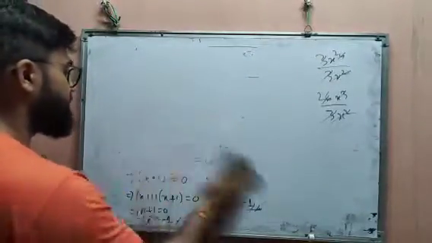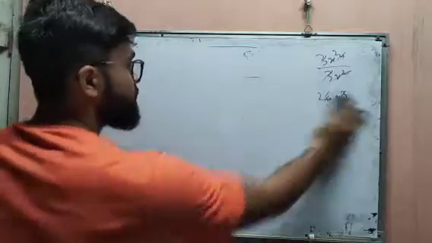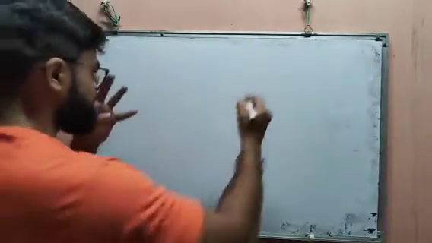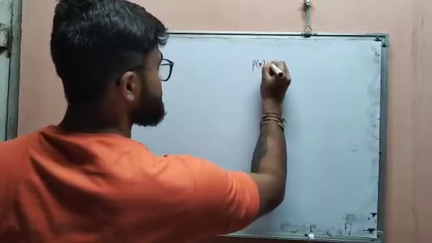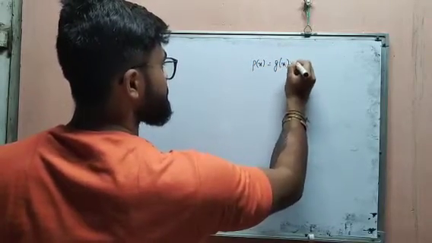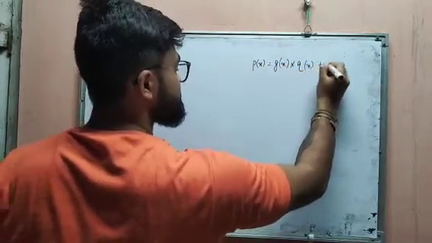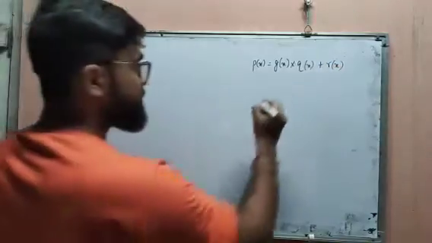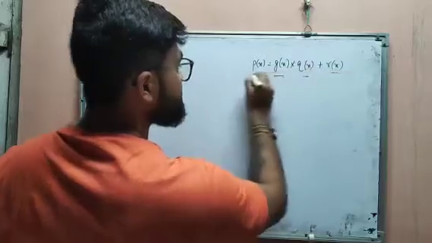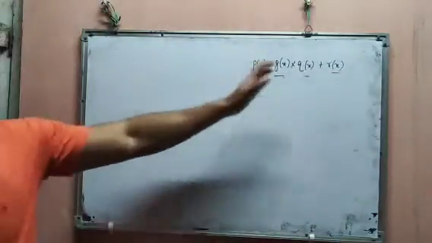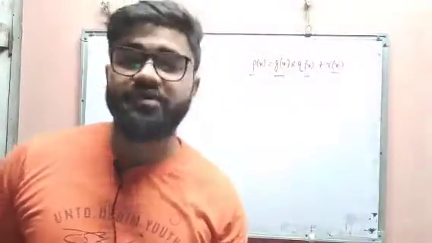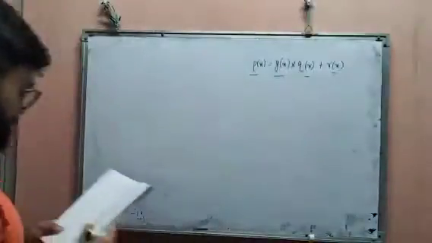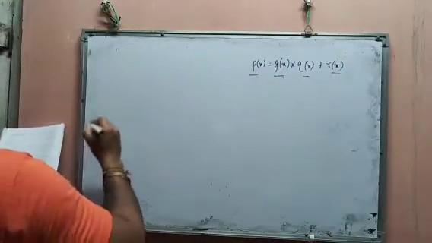So again some question may come, where we know that px is equal to gx into qx plus rx. We know about this, but some questions may come where one term is missing, and the other terms are given, and we have to find the missing one. For example, here is question number 4.